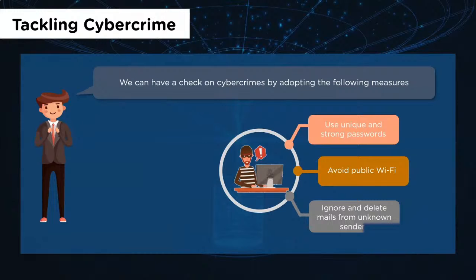The third measure is ignore and delete mails from unknown senders. Phishing attacks are very common attacks in today's world. You get an email saying you have won a lottery or you've been chosen for something or please click here to download your free software. Such emails are plenty nowadays. Always ask the question, if you won a lottery, did you purchase the ticket? No, so there's never a free lunch, right? Always keep on questioning the things that you have been getting. I'm not saying ignore them because some of them may actually come true. There's always that 1% hope, but always investigate those things to see whether they are spam or there is a fraud going on. And if yes, you can communicate with the law enforcement agency and try to figure out who's responsible for that fraud.